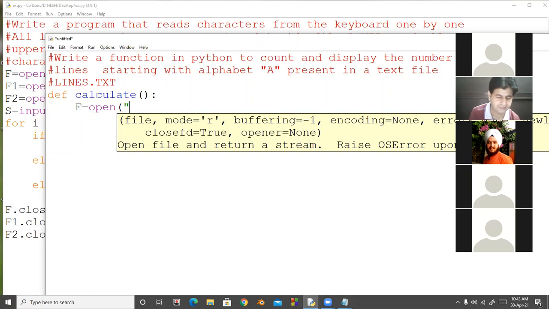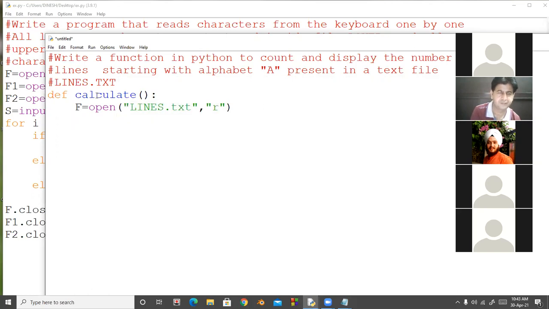File name is lines.txt, in reading mode. Now, because this is line-wise reading, I take one variable L, f dot readlines.